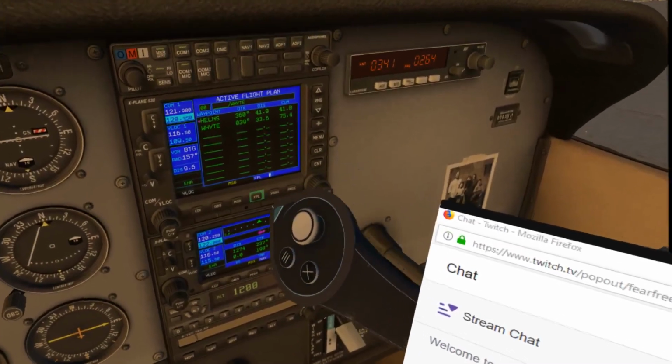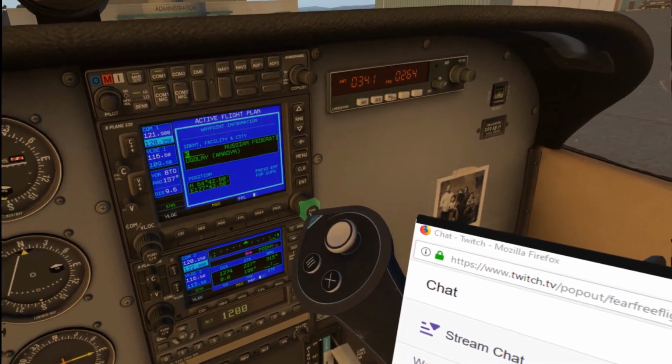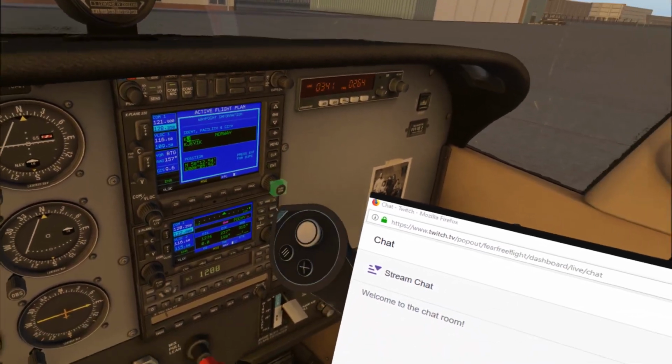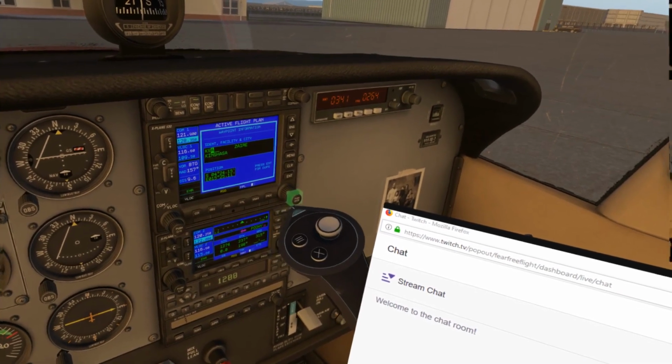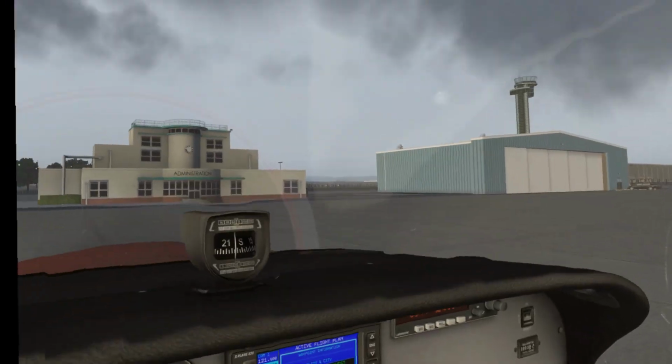Okay, so back to the flight plan. Helens, WHITE, and then we're going to end up in KSEA. I have a flight plan to go up on my iPad in real life down here, so I'm going to use that to track my flight. Well,